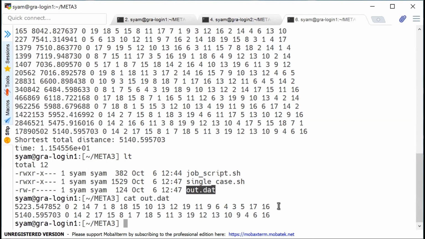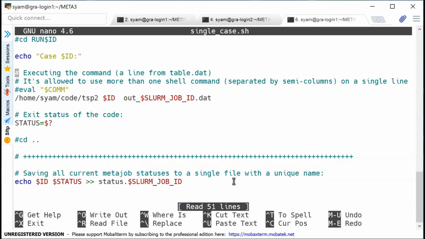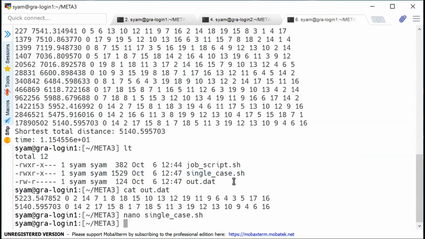So what about table.dot? Remember, we modified this single case ASH file. And now it's actually not even using any information from my table.dot. We still have to create this file. Why? Because my scripts use the file to know how many things to compute. So we have to create a file which has 400 lines if you want to make 400 computations. So I do a very simple